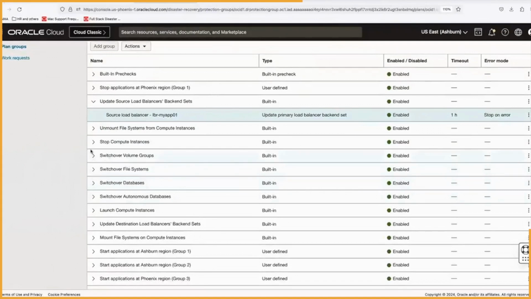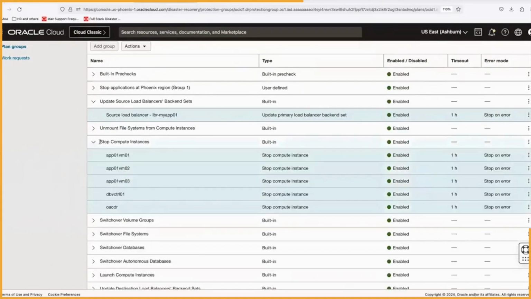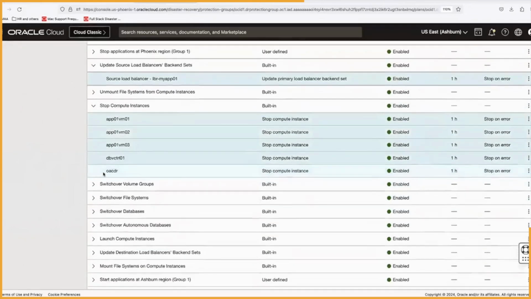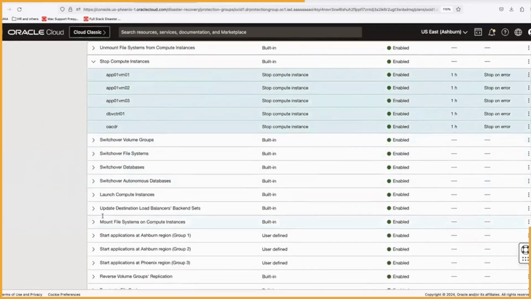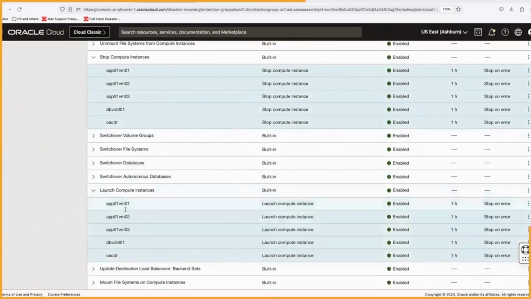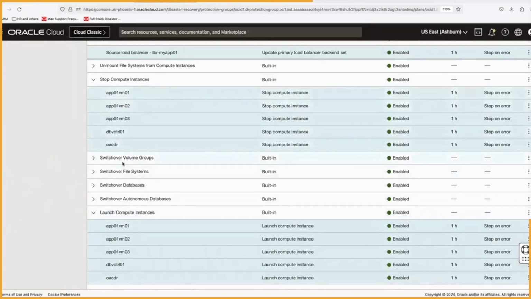So for example, if you added a moving instance, then you will see steps we built automatically to stop the compute instance and then switch the volume groups. And then while launching the instance, we automatically add that replicated block volume. So again, the choice is yours, depending on your RTO and RPO requirements. And the good thing is, if you leverage the infrastructure core services where we have built-in types, all these steps will be built in by the service automatically. So you see here the steps like stop compute, volume groups, and all those things which will be automatically